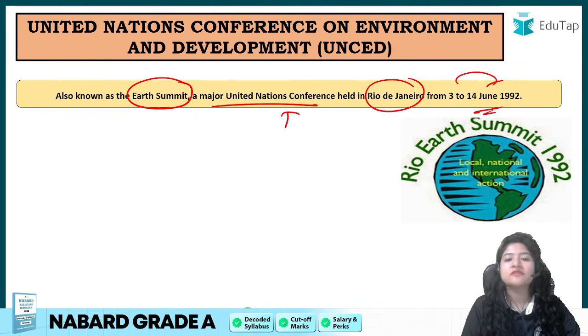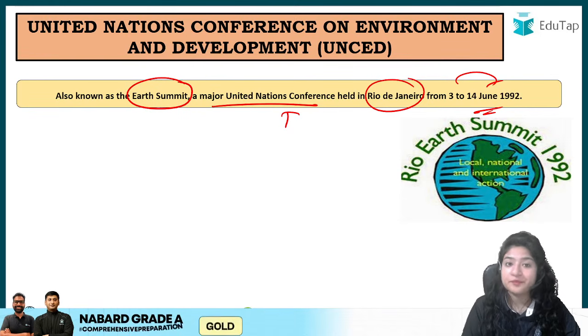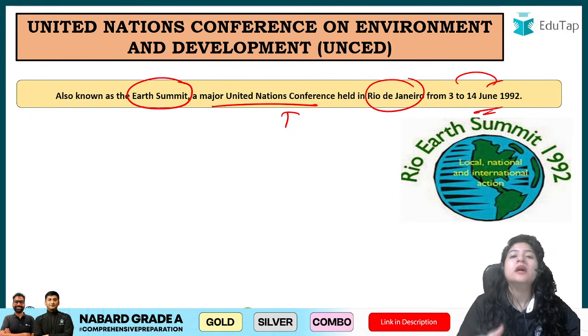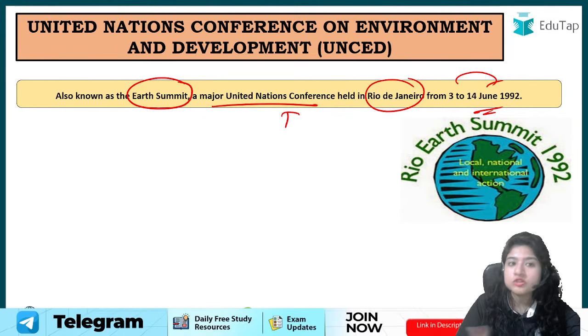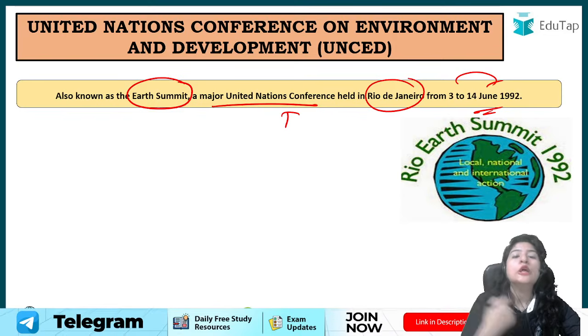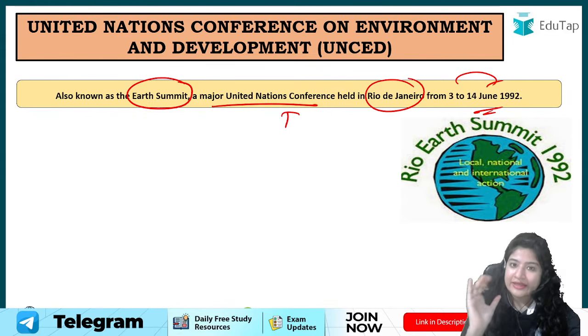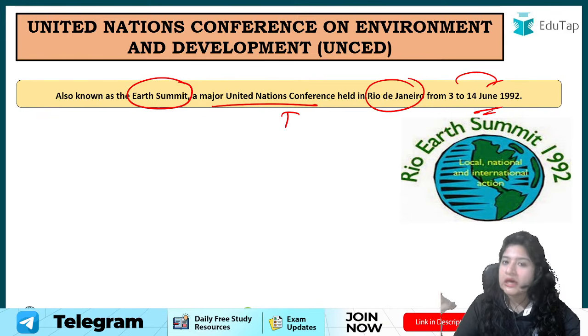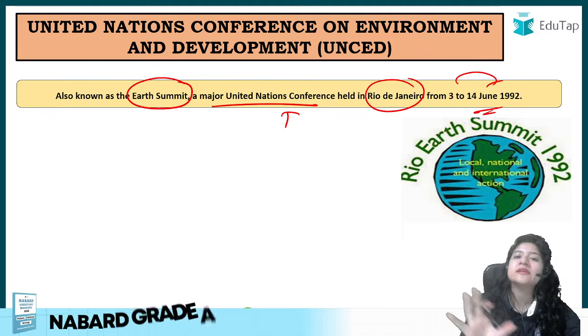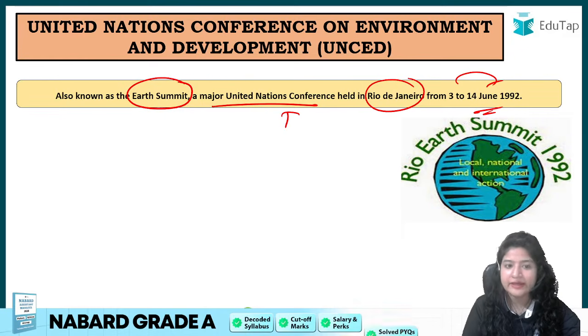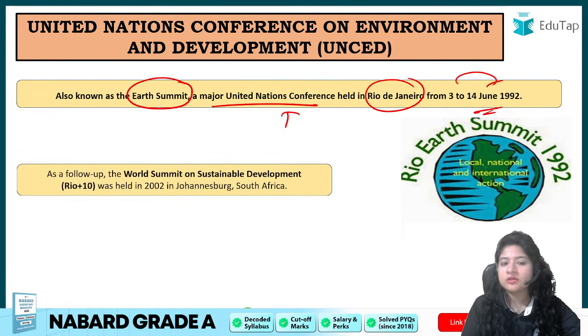Okay, so that was the first Earth Summit, where the talk was on how to conserve Earth. The stakeholders talked about climate change, how it can be reduced or brought under control, so that the population can be protected, not only the human population, but also plants and animal species, all the animals that exist in the world. So the Earth Summit was conducted in 1992.